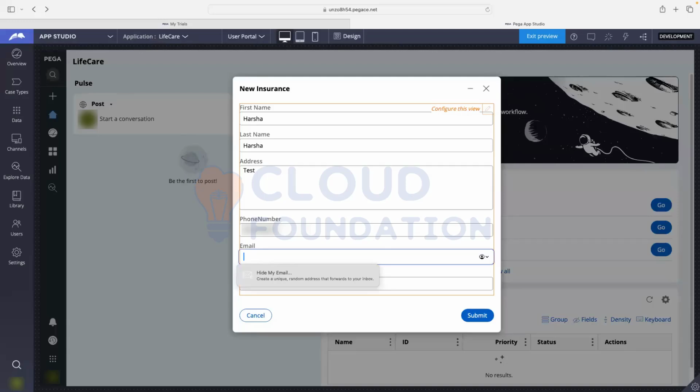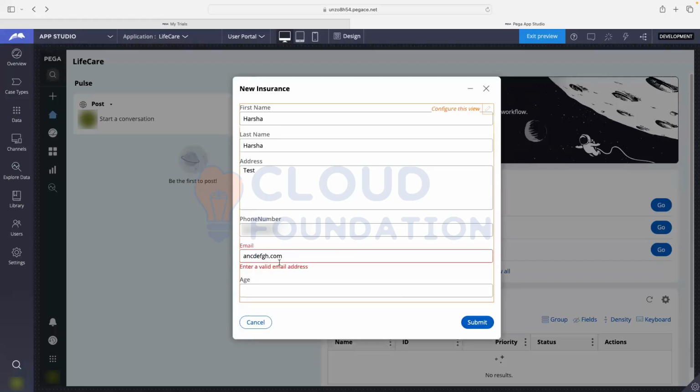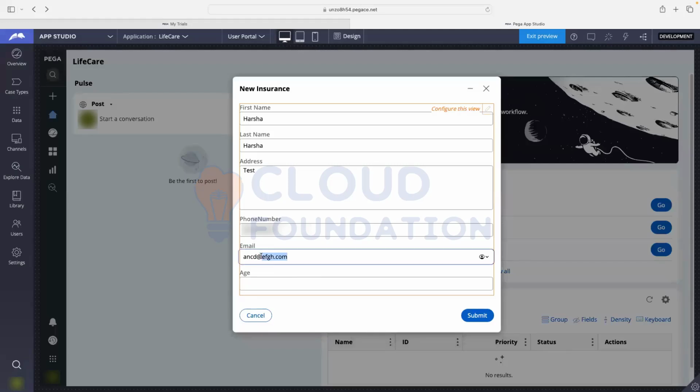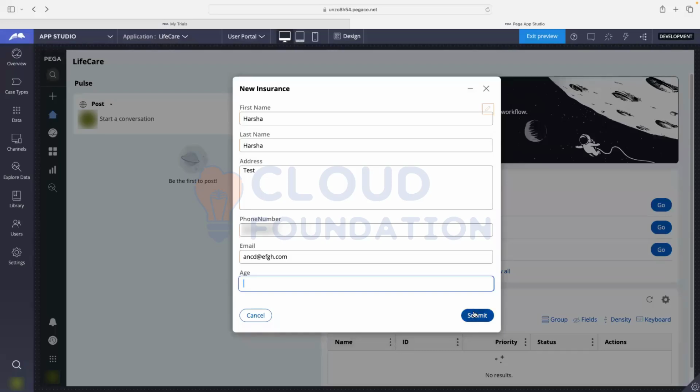Email, abcd@efg. As of now, validations are not there, so you can enter anything. But if you do not put the at sign, will it not scream at you? I mean, as of now, it will accept anything. But even if it's an email type, it will not accept. So let me submit. You see, enter a valid email address. Okay. So this is a basic validation. It will not check whether this is the correct domain or not. Yeah, I understand that. But at least the basic validation. So if I submit now,